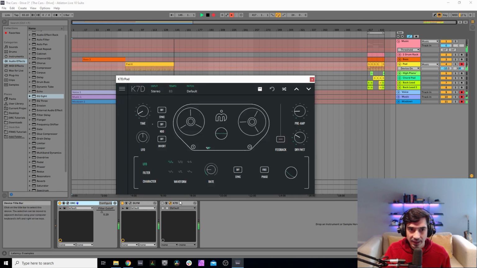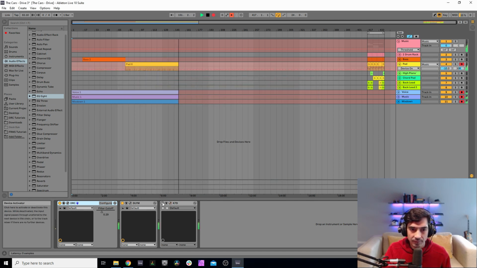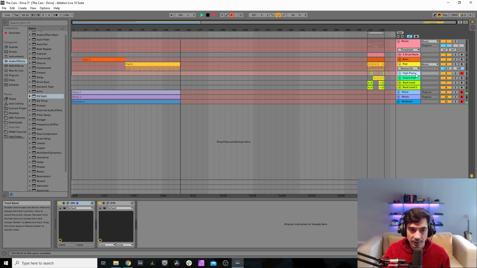For our K7D, we have a time of 10 milliseconds, a dry wet of 300, preamp at 193, and then maximum, whoa, we got ping pong with maximum stereo width. Just to give it a little bit more widening. And now let's go to the high piano.